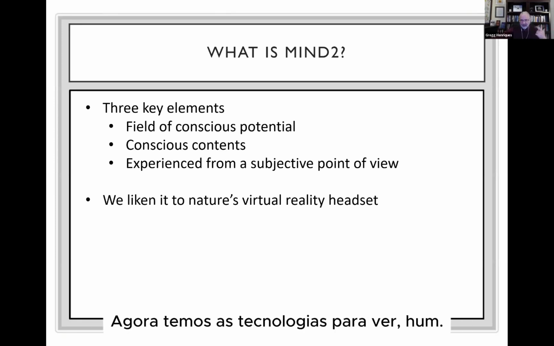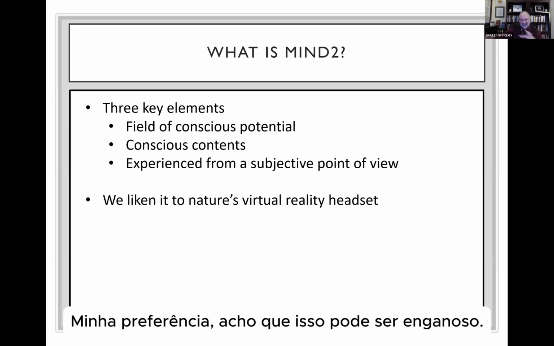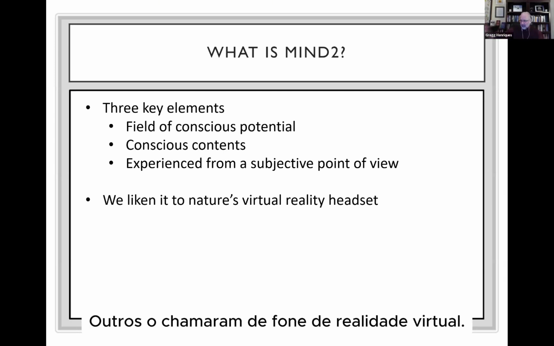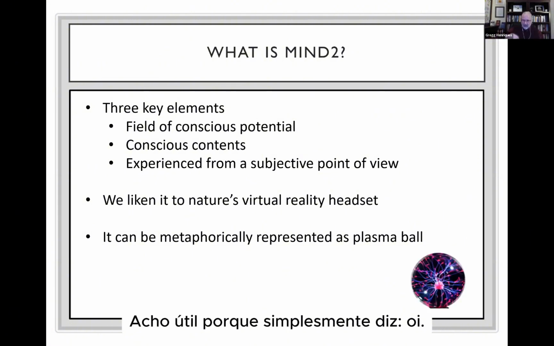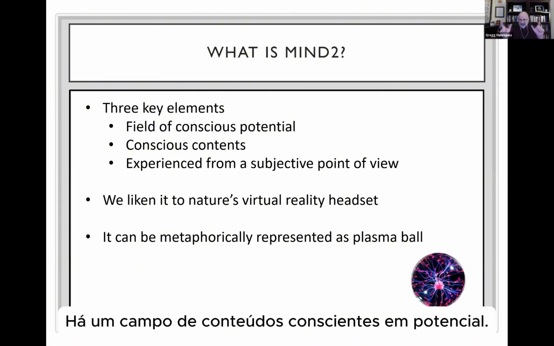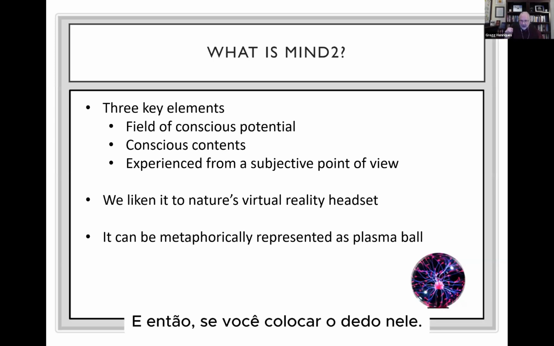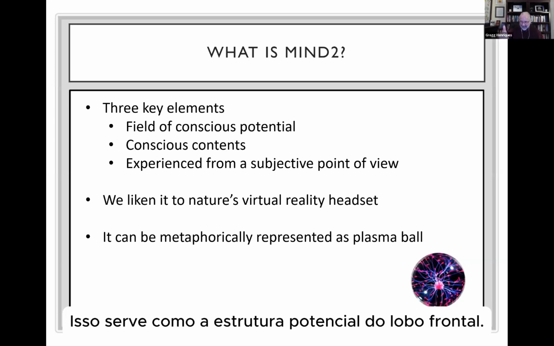We now have the technologies to kind of see. Anil Seth calls it controlled hallucination. I think that's potentially misleading. Others have called it a virtual reality headset. And this plasma ball representation, I think, is useful because it just speaks to, hey, there's a core, there's a field of potential conscious contents, and then if you put your finger on it, that serves as the frontal lobe attentional structure,